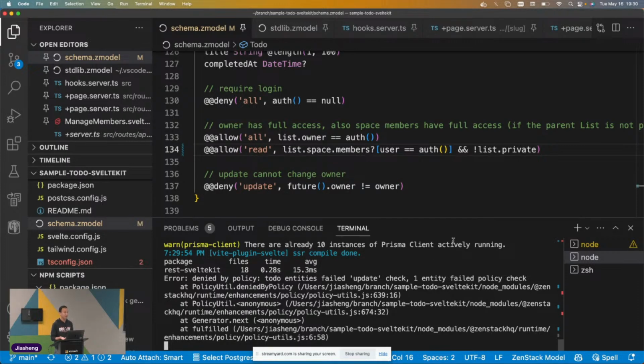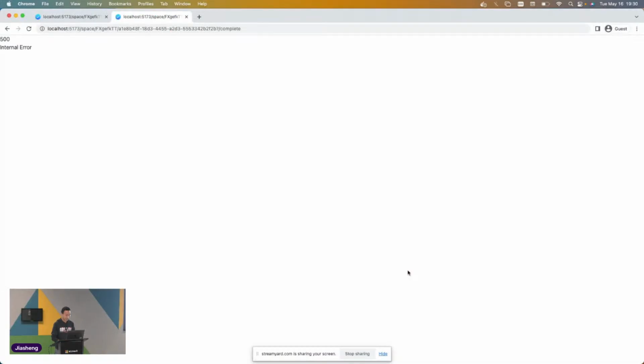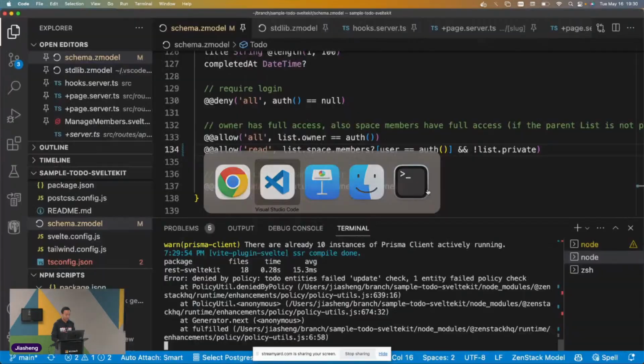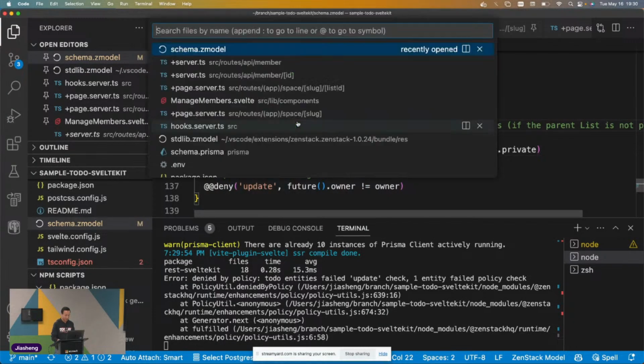Yeah, so imagine that in a lot of cases, if you want to change some behavior, you do not need to modify any code. You just change your policy, and then everything will be there. And yeah, the last thing I want to show you guys is that, by the way, under the hood, we still generate the Prisma